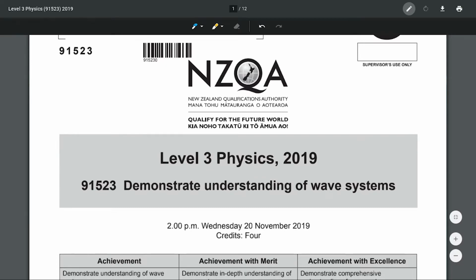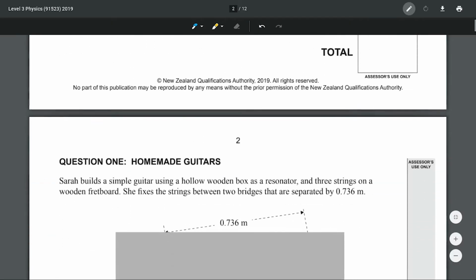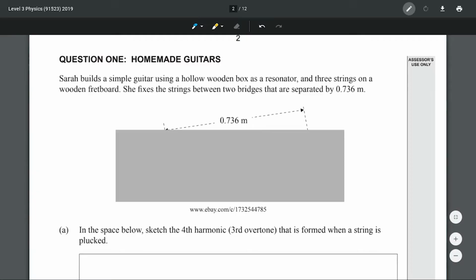In this video, we'll be going through the 2019 Wave Systems paper. Sarah builds a simple guitar using a hollow wooden box as a resonator and 3 strings on a wooden fretboard. She fixes the strings between 2 bridges that are separated by 0.736 meters. And as usual, we're not privy to the actual image, which is for some reason from eBay, but I can imagine that we'd be looking at some sort of guitar where the length of the 3 strings is